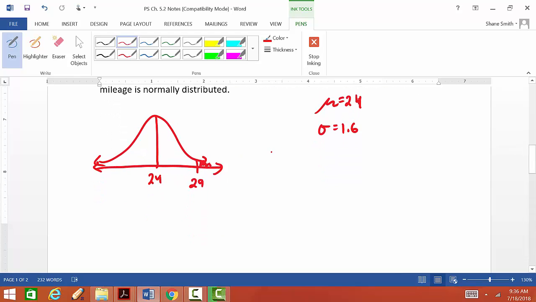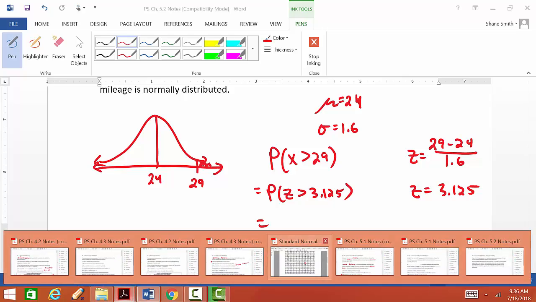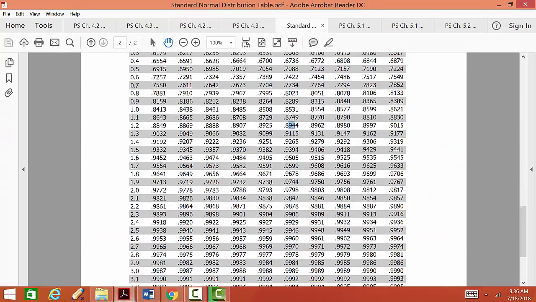So we want to find the probability that x is greater than 29, so we're going to convert 29 to a z-score. That's 29 minus 24 over 1.6, and our z-score is 3.125. So we want to find the probability that z is greater than 3.125. Now this is an in-between one because there's that third digit of a 5. But if I look at my table, 3.125 is